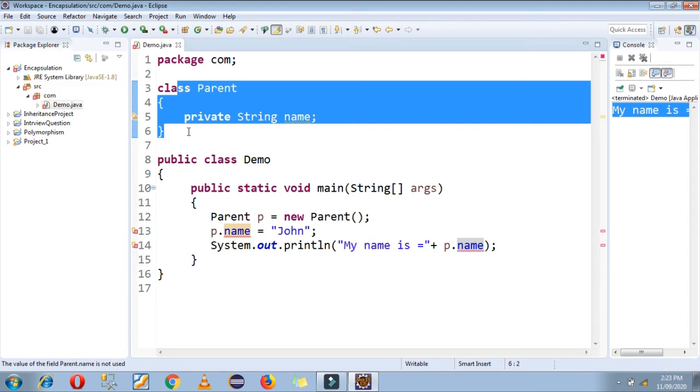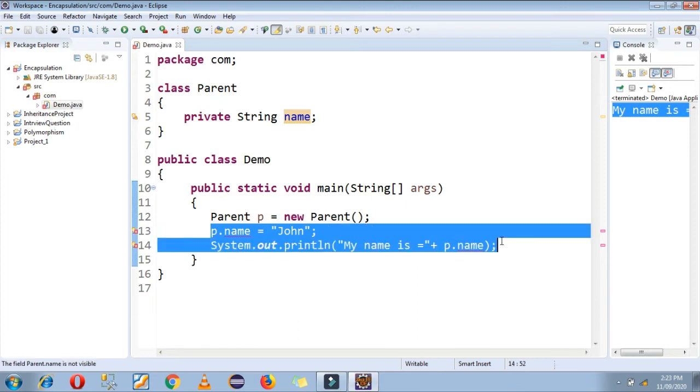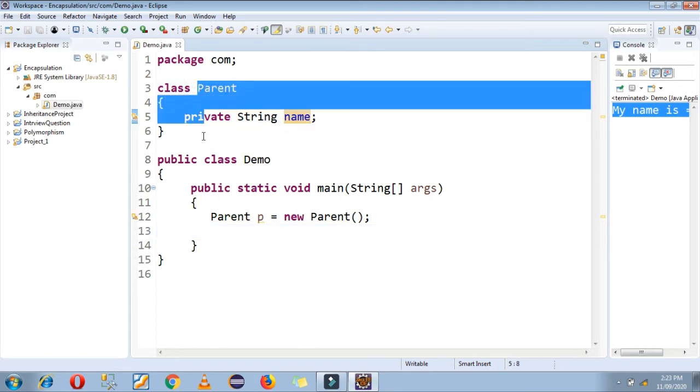If you are not using encapsulation, then it is impossible to access this private variable outside this class. Now using encapsulation you can access or update this private variable outside this class also.